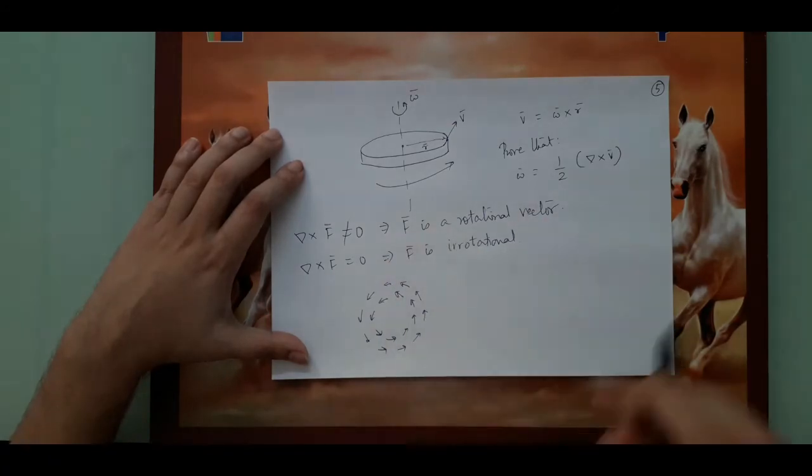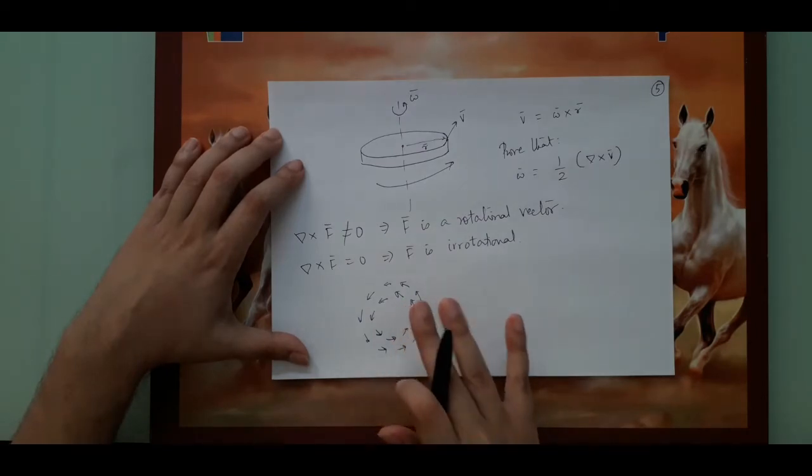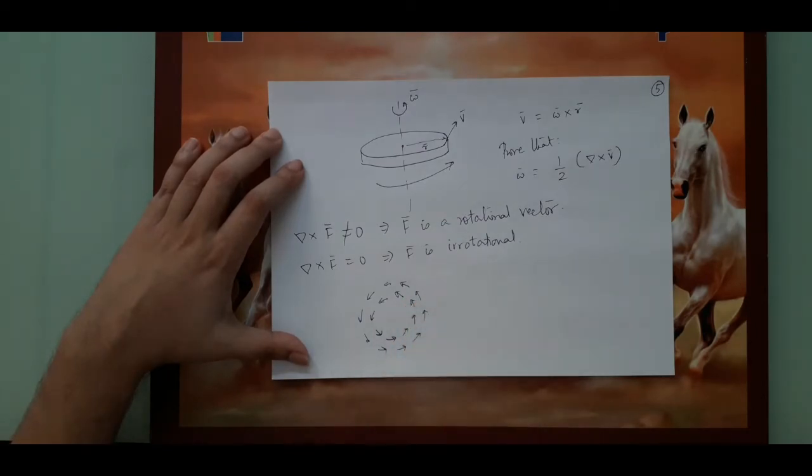It may rotate clockwise or anti-clockwise. So if you were to measure this velocity vector and take out its curl at the time of the cyclone, well, don't do that, but if you were to do that, you would see that the curl of this velocity vector would never be 0